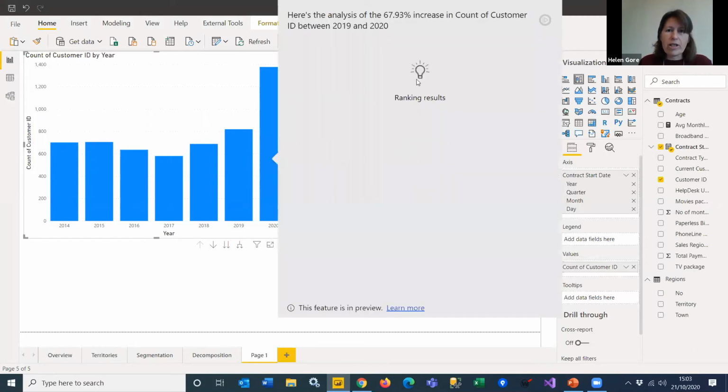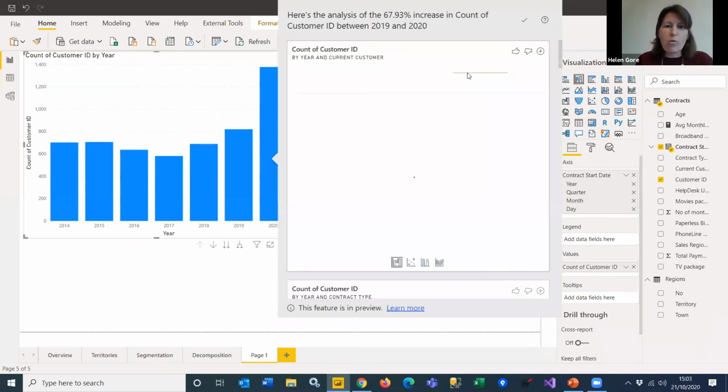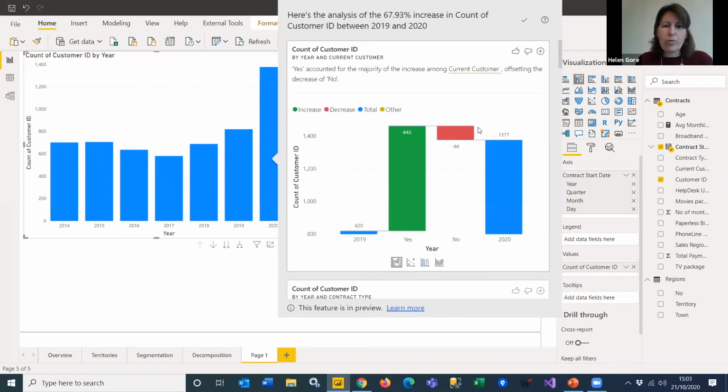And what that's going to do is again, we get the little light bulb to show that AI is working in the background, and it's going to go off, and it's basically working through everything else in the data to say, okay, what is causing that increase? So this is the kind of thing you could do just by building lots and lots of charts yourself with all the different factors in, but it's a lot easier if you can click one button and it sort of